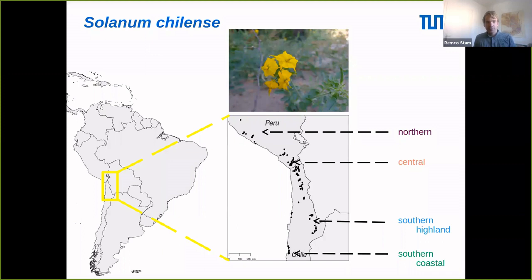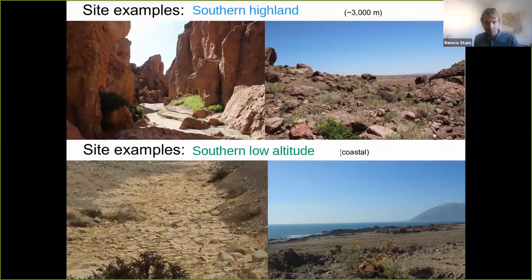Just to give you an impression, these are some of the sites that we visited when we were looking for these plants in nature. So we have here on the southern highlands areas, some plants that really grow in deep gorges, or they grow just outside of them. So it's very sheltered and very specific, because the rest, if you look at the horizon here, it's all desert, so there's really not much. But in these gorges, there's water. Then on the lowland side, it's completely barren, but there's still runoffs, there's still rivers. You can see here the cracks in the soil where the water has run, and there's a very tiny plant